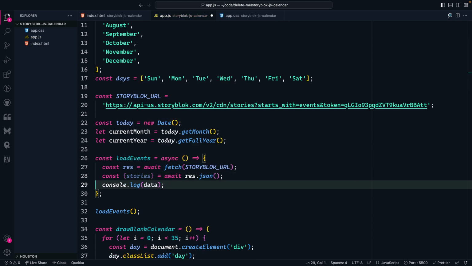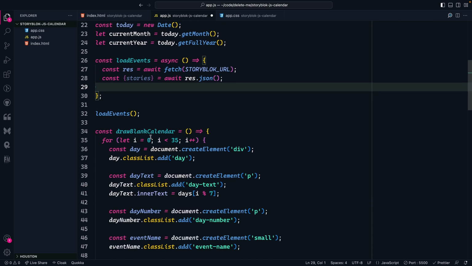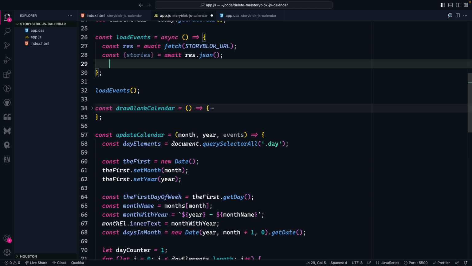So we'll get access to these stories, and then we need to have some way to associate as we go through each of these stories, how do we know if it matches the day that we're looking at when we create our calendar for that month, or when we update our calendar for that month? So this may be a little bit complicated, but I want a quick way to figure out whether or not we have an event for each day as we iterate through and update the calendar. So to do this, we're going to transform this stories data,